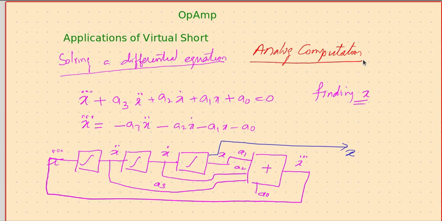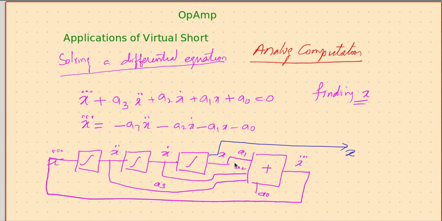So that's another wonderful application of the operational amplifier with a very wonderful property called the virtual short, because integrators we have done only because of the virtual short property. The adder is done only because of the virtual short property. Any block you look at here is definitely because of the virtual short property. Therefore this whole thing can be very conveniently done just because of the virtual short property.